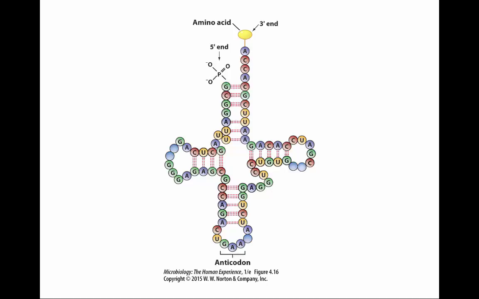Now RNA, even though it's single-stranded, it can still form a number of different kinds of structures. So here's an example of a transfer RNA where the RNA itself has wrapped back around itself. So here we have a 3' end and here we have the 5' end. But as the RNA wraps around itself, it makes some of those base pairs that we see between the different nucleotides. So RNA has a large diversity in structure because of its single-stranded nature,